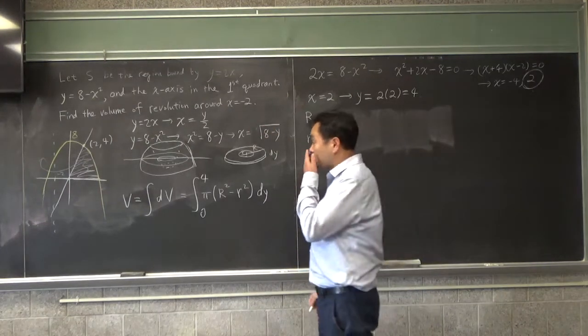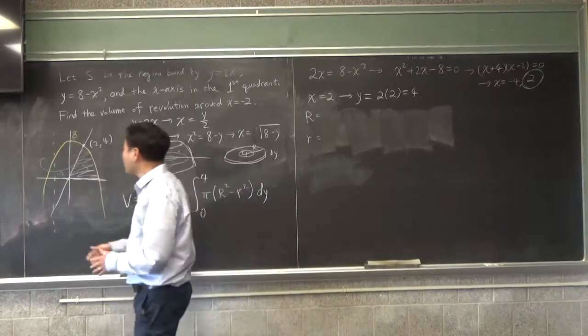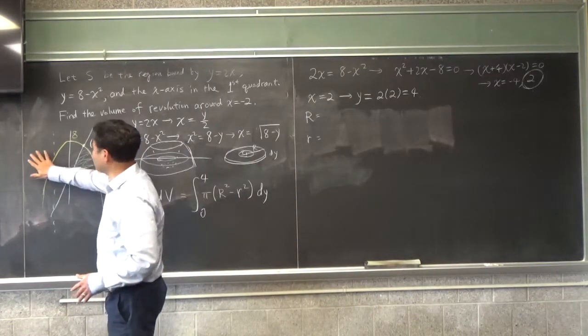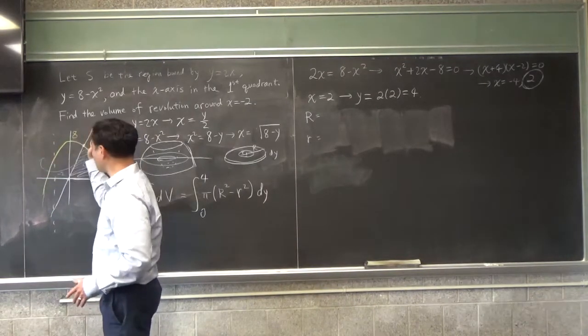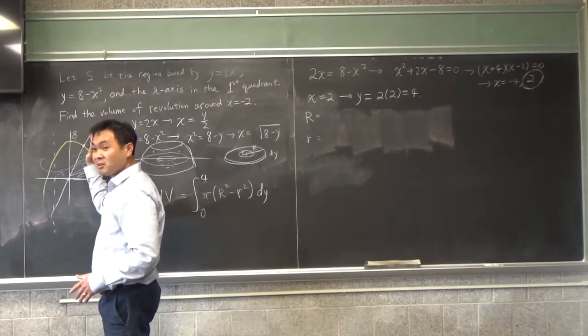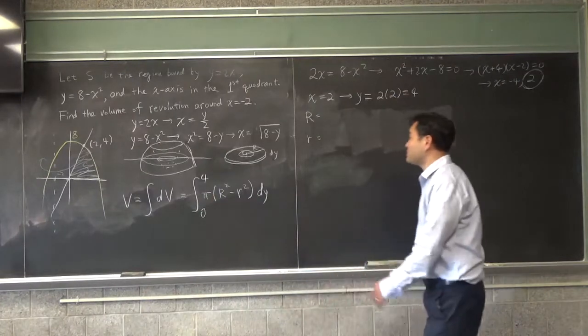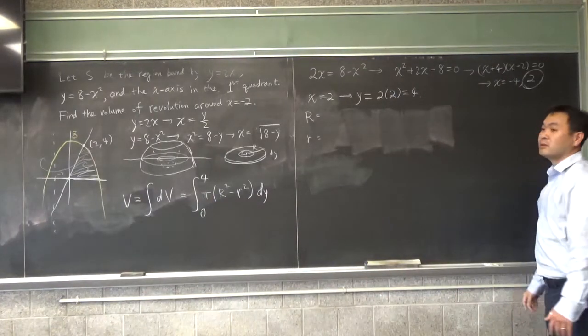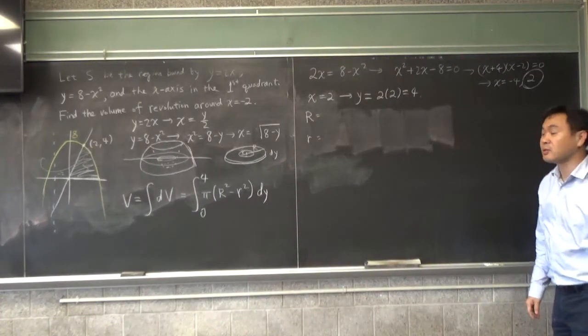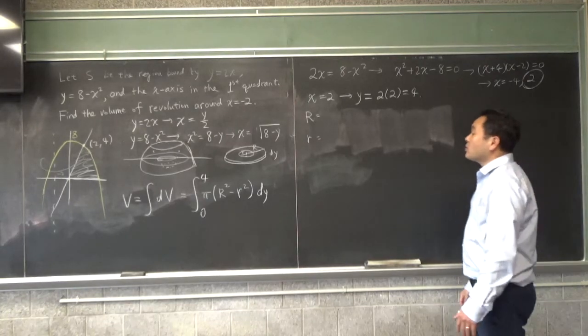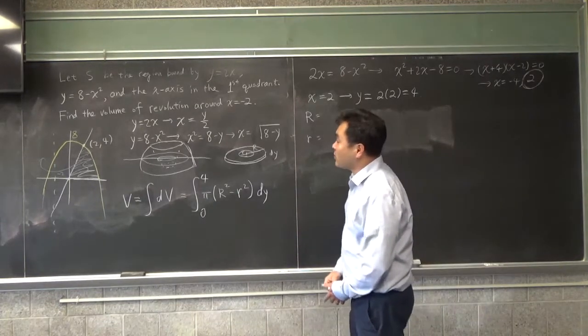Oh, that's a good question. If it turns out that we have some region in the second quadrant and we are rotating around something on the positive side, then we'll be taking the negative one. That'll be a more challenging one. All right, so now what we do is